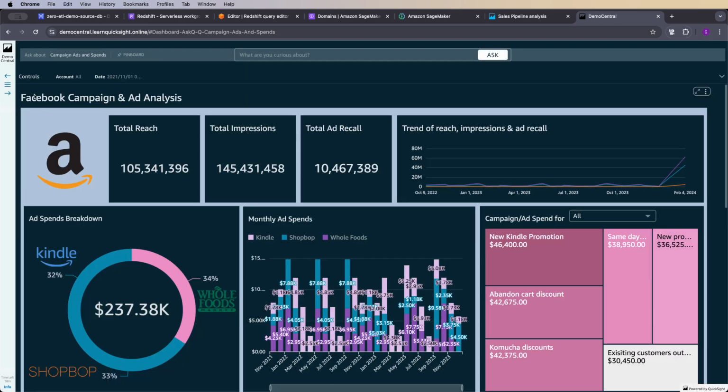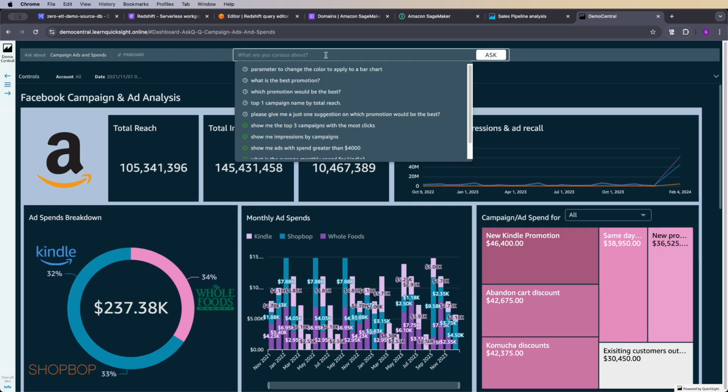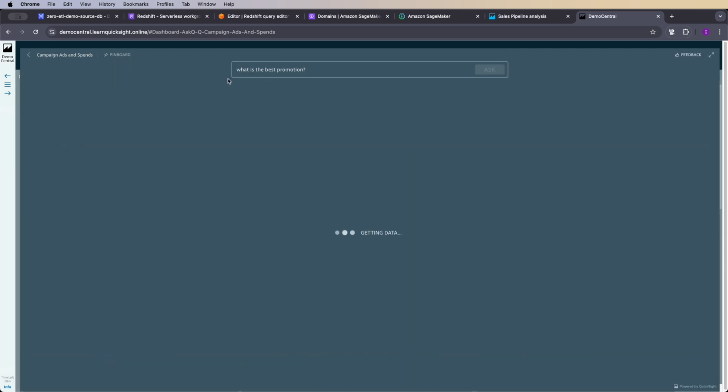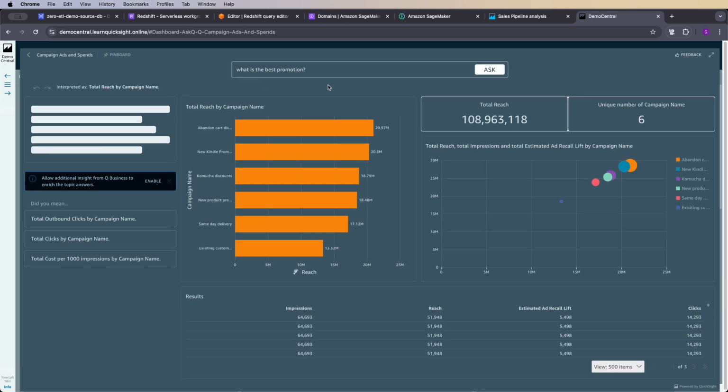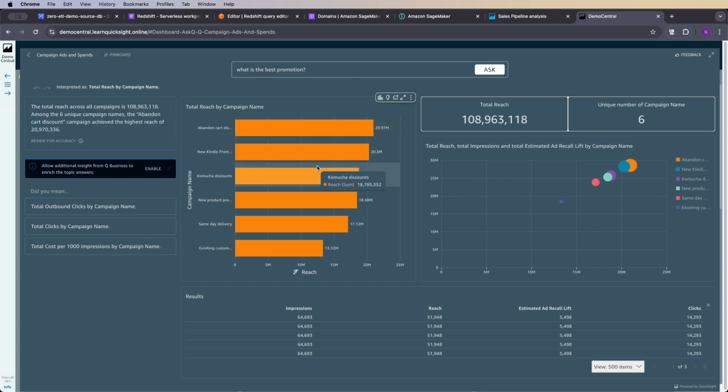I'm going to show you one here around Facebook campaign and ad analysis. You can see that we have this Ask Q search bar on the top. This is where we can come in as a consumer and again use natural language to ask questions of our data. You can see here there are already previous questions that have been asked and been suggested to me. And when I submit this, Q behind the scenes looks across the data you have available to generate visuals and present you